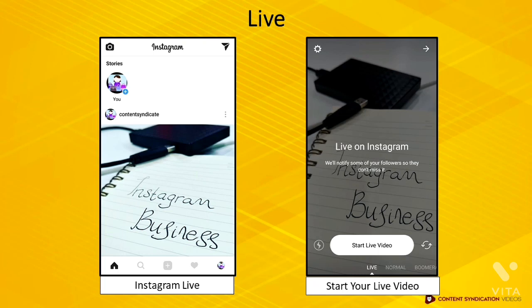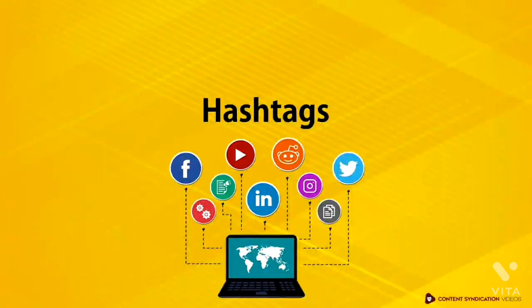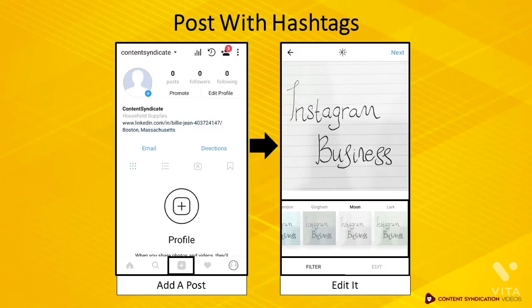Next, we're going to cover the final topic for Instagram, which is hashtags. Finally, it's time for you to create a post by adding both caption and hashtags. All you need to do is click the plus button on the bottom center of the screen. Choose your desired content and begin by filtering your picture. There's no right or wrong way to editing and filtering an image. Once you find one suitable for your post, click Next.